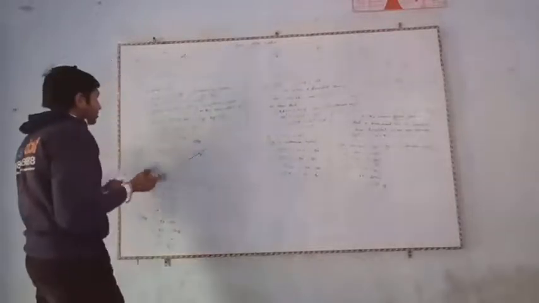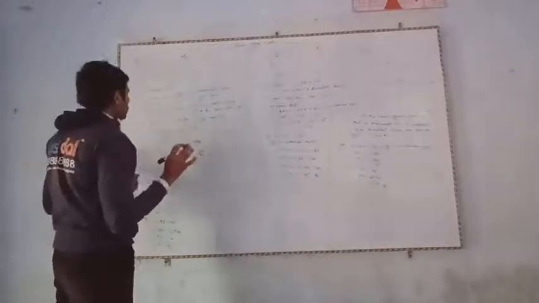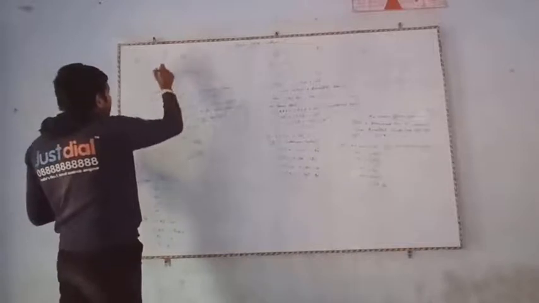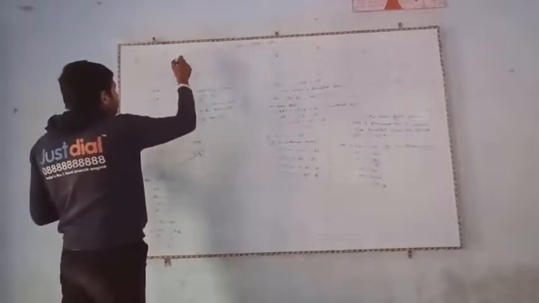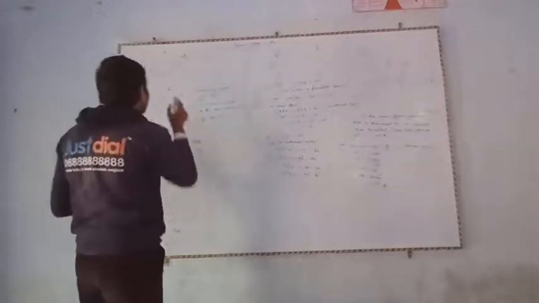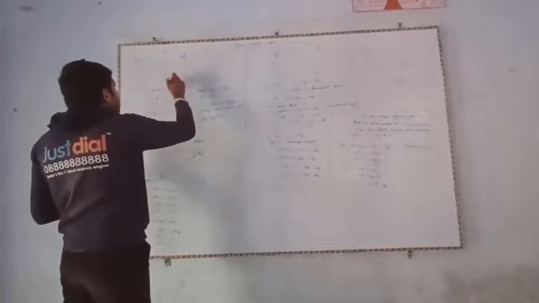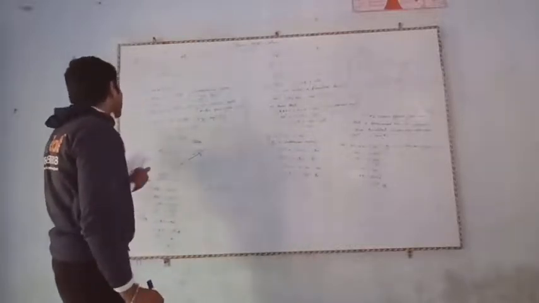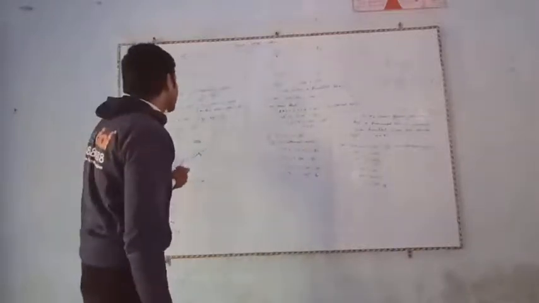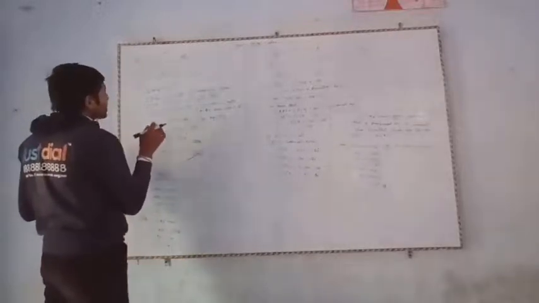So first of all, we write here angle AOB is equal to 50 degrees, and angle AOB is equal to angle CDB because corresponding angles are equal. Angle AOB corresponds to angle CDB, so angle CDB is also equal to 50 degrees because corresponding angles are equal. Again, we have to find angle ECD.